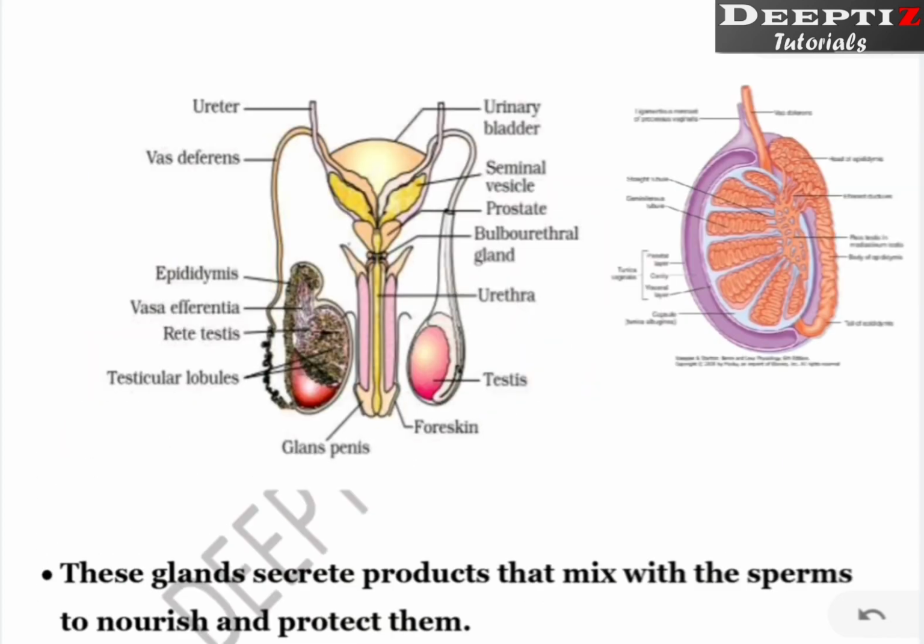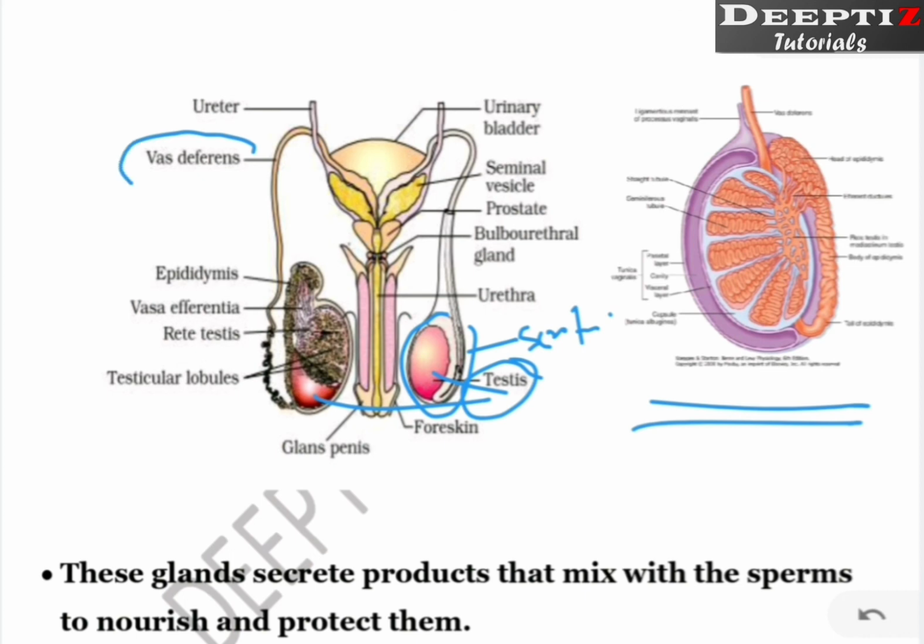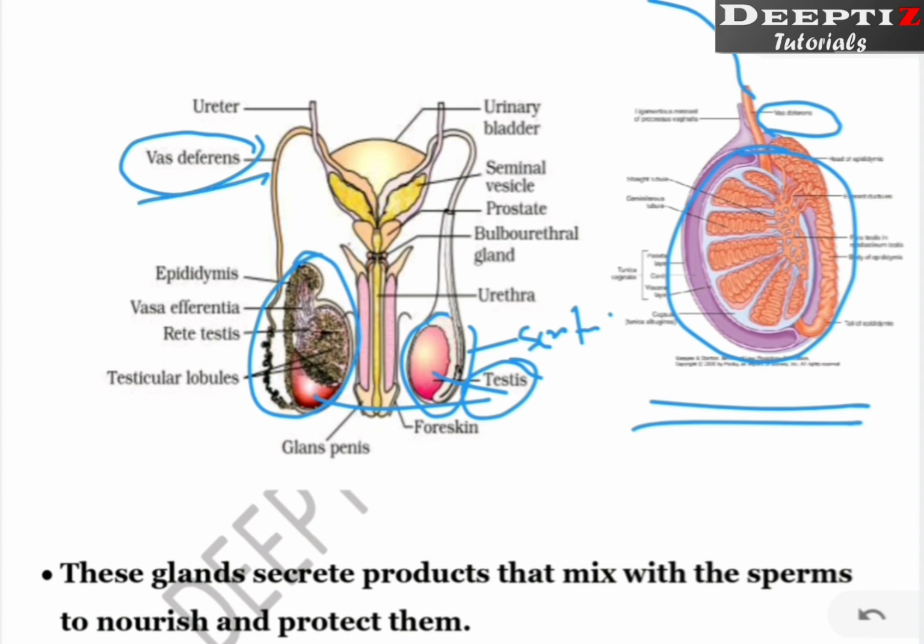Now, if you look at this diagram, this is the diagram which we have studied right now, right? So, these are the pair of testes, one here and one here, which is covered by a bag-like structure, we call it scrotum. Now, vas deferens is given here. See, this is this diagram. If you look at this one, this is the vas deferens, right? So that tube, if it goes upward, this is the same vas deferens. So now we know that sperm, hormone, everything produced here will be carried this way. It moves backward, then it comes upward. This is what we call vas deferens.